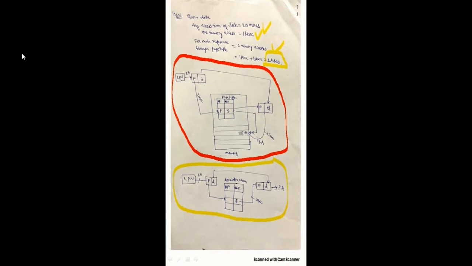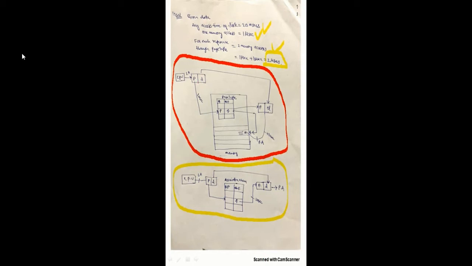If the page is present in the page table, if the page is present in main memory, it has to first check in the page table and from the page table it will go to the memory. It will take two references. Then it is called a page hit. Suppose the page P is not present in main memory, then it is called a page miss. That is called a page fault.